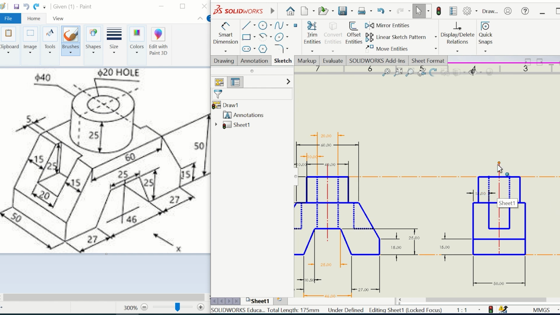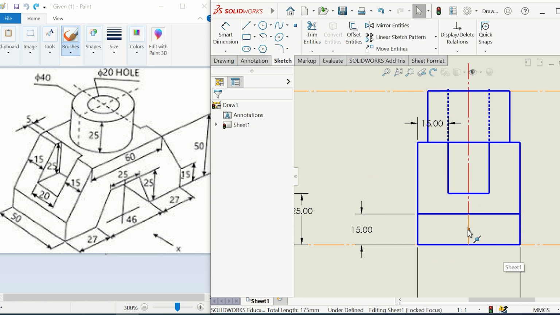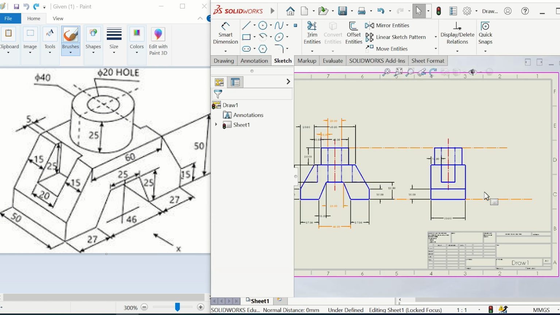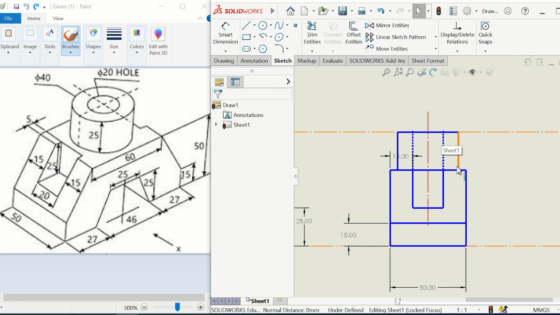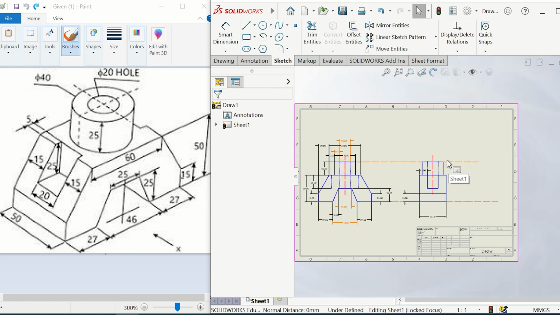The center line goes all the way through till here, but here we have drawn previously a small line, which I'm going to delete, and that's how it should look. Okay, that's it basically. Now we still have to discuss one more thing here. So these are the visible edges plus the cylindrical shape with its hidden rectangular